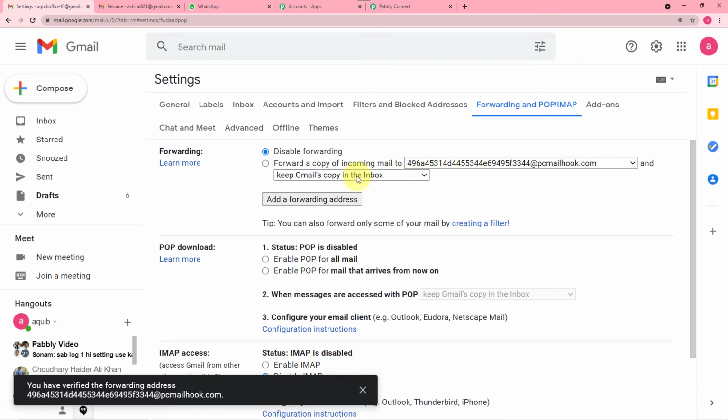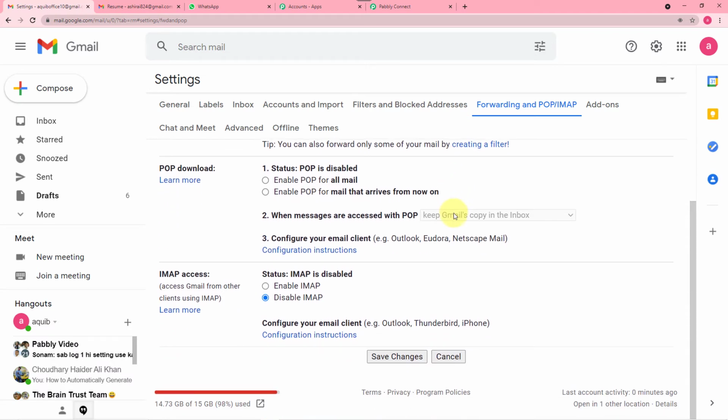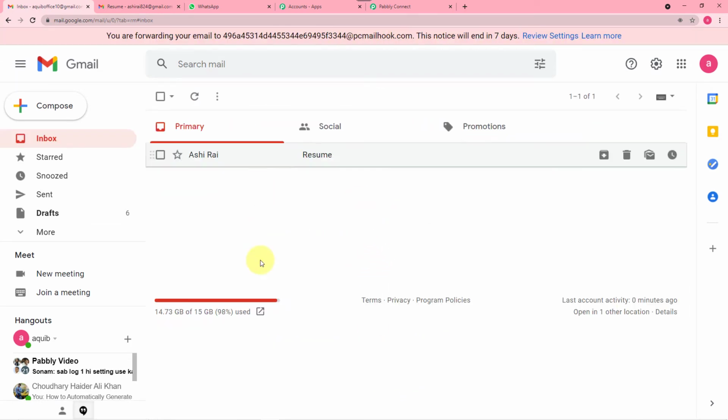Now click on forward a copy of incoming mail to this address. From here select keep Gmail's copy in the inbox. After this just click on save changes.